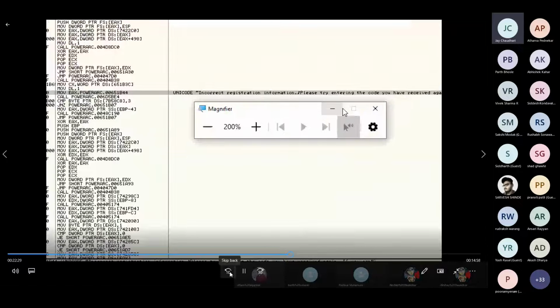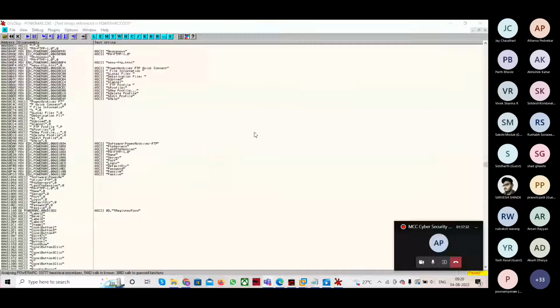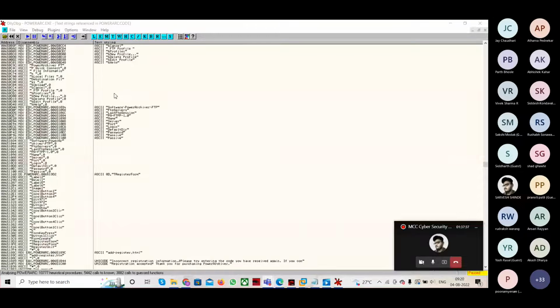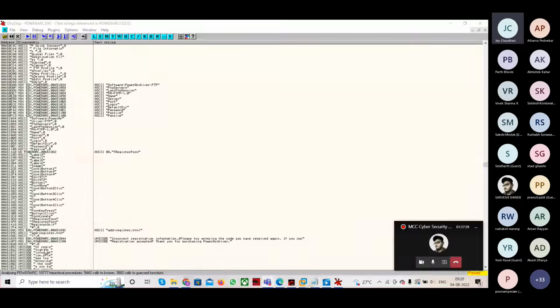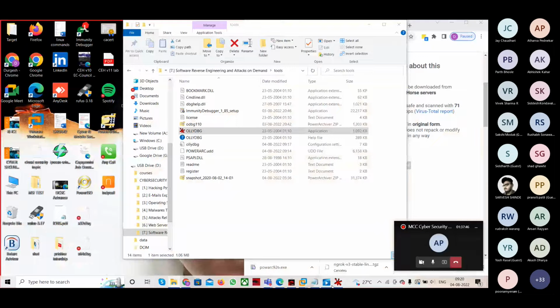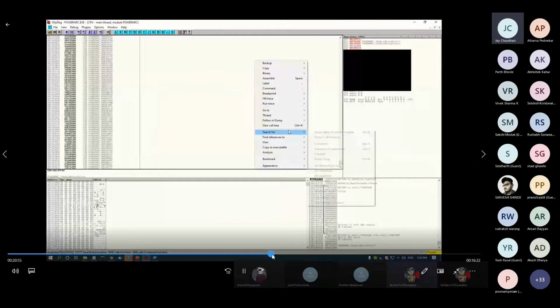yeah, so this is that line only, BE 441B 6500, is it that? No, so that is something else I think. Search for text string,